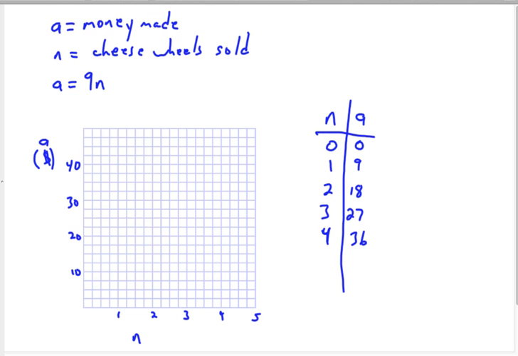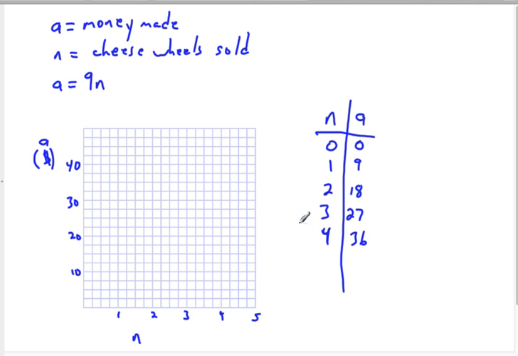All right. Now we're going to do this one. So imagine that we're talking about cheese again. The amount of money you make is going to be based on the number of cheese wheels you sell. And here's an equation. Amount of money equals 9 times cheese wheels. Again, I've done only positive values because you won't sell negative things and you won't have negative money in this case. Although it is possible to have the concept of negative money in a graph. So again, my intervals are such that I spaced it out as much as I could using the whole graph. The intervals are the same. Every 4 grid lines is 10. So each grid line is about 2.5